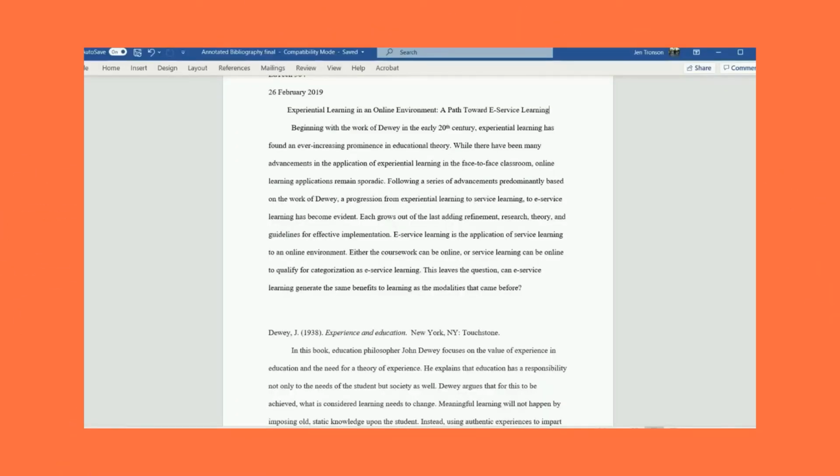In EdTech 504, I created an annotated bibliography for a paper called Experiential Learning in an Online Environment: A Path Towards E-Service Learning. I'm sharing this here for Standard 5 because it demonstrates my understanding of the importance of research and continued research in education and advancing theories into practice. In this bibliography, I was able to create a chronology